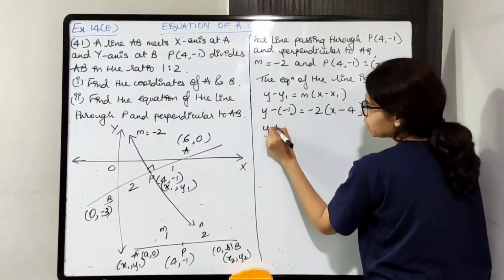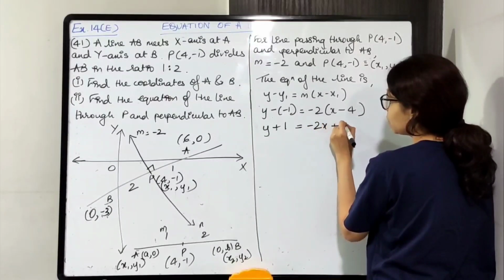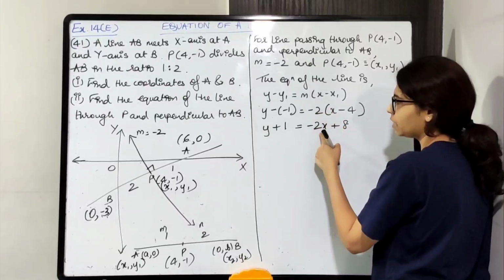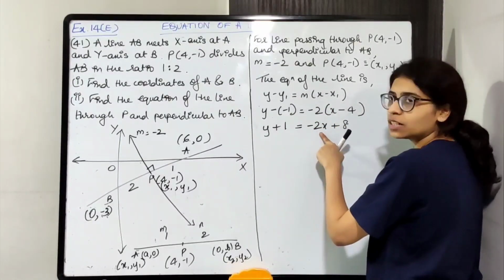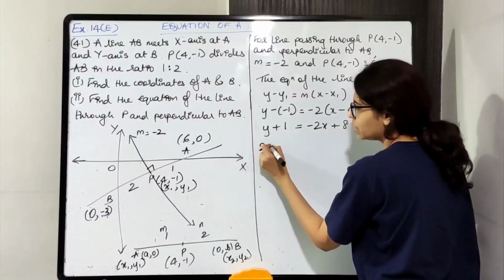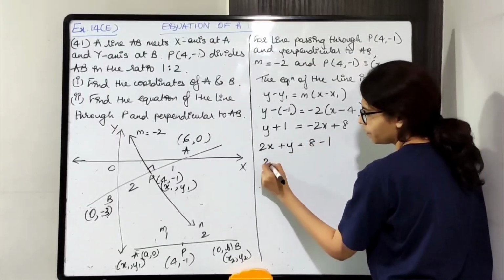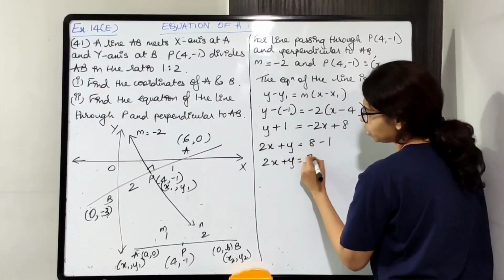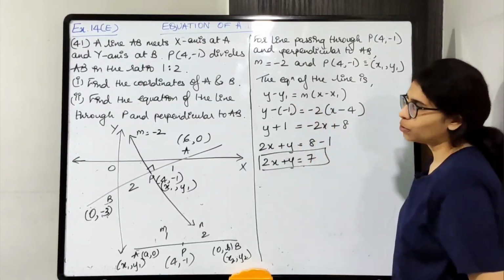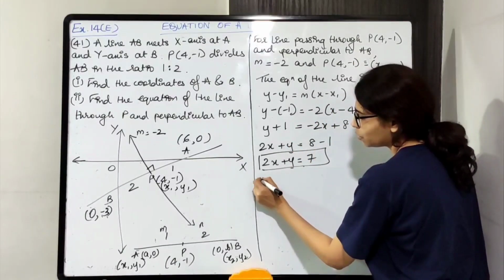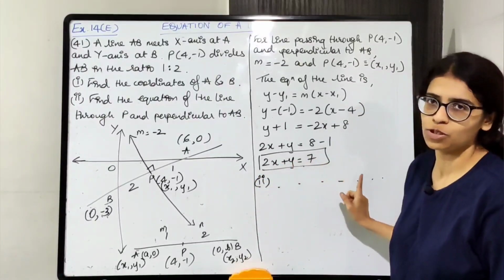So माइनस माइनस प्लस हो जाएगा. -2x plus 8. Signs will change. यहाँ पे negative and यहाँ पे minus into minus plus हो जाएगा. Okay. x वाला term negative है so I shift it on the other side. It becomes positive and 1 I will shift over here. So 8 minus 1. So 2x plus y equals to 7. बॉक्स कर दो. This is the equation of the line. Okay. So this is the second part of the question. Write down the statement. The equation of the line is 2x plus y equals to 7. Okay.